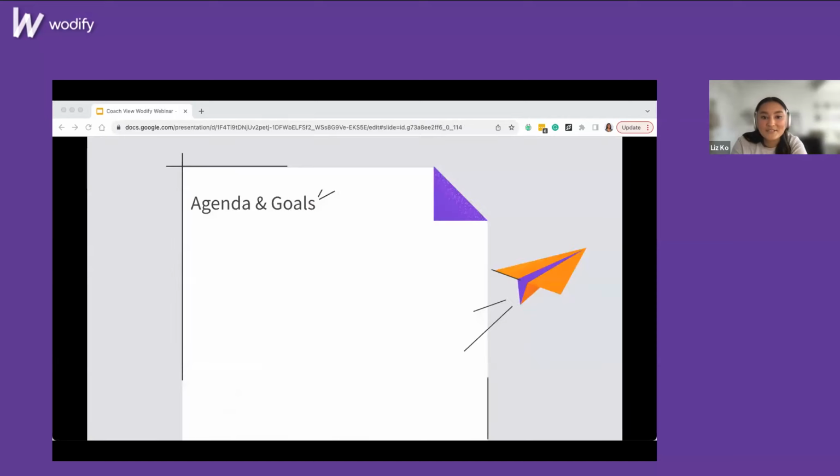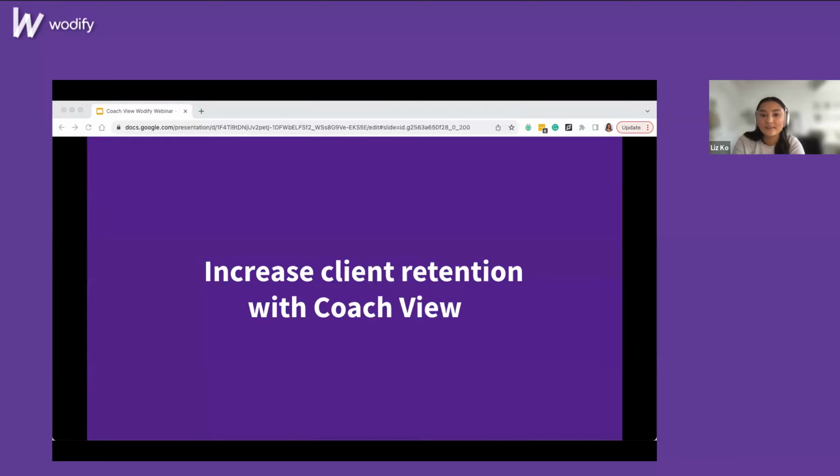All right, so let's hop into today's agenda. The goal of today's session is to give you all a behind the scenes look at Coach View through the lens of those who created and designed it. So we're going to cover our design process, what inspires us to build features, and how we build them. You'll gain insights into what led to the development of Coach View. We're also going to give a live demo and go over our recommended strategies and approaches so you can optimize client retention in your business. And then lastly, you'll also get an exclusive look at the features we have in store for you in the coming months, which will definitely give you a competitive edge in your business as well.